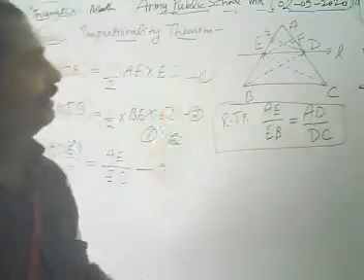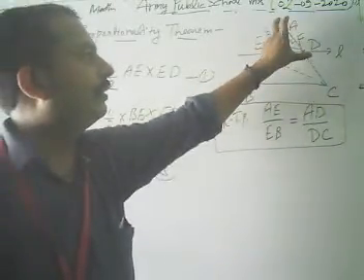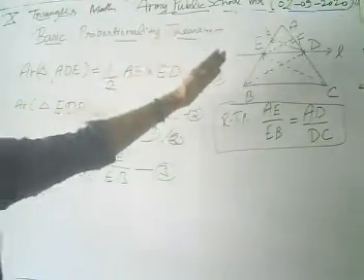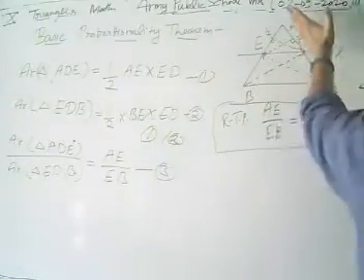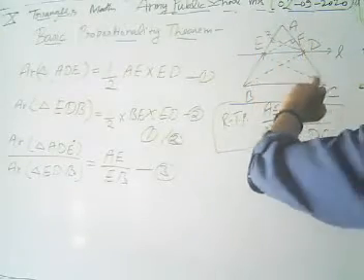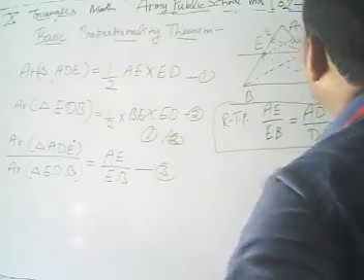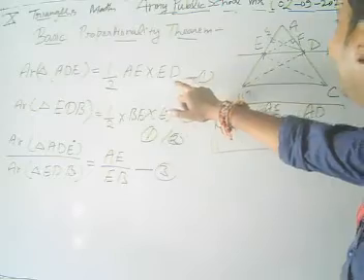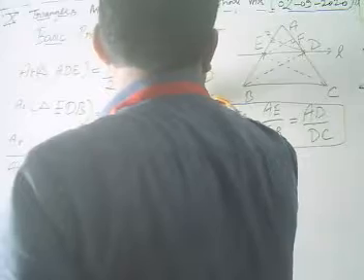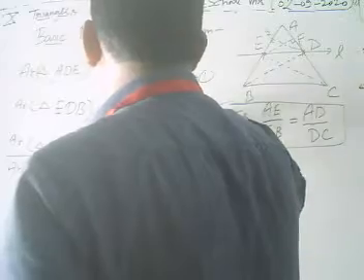To get AD to DC, we again find the area of triangle AED, but change the base. Earlier we took base AE; now we take base AD, and the height is what? We made a mistake: we took height ED, but it's not ED, it's EF. Sorry, my apology to you. From E, the perpendicular is EF.